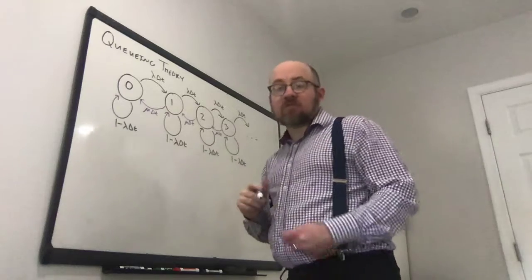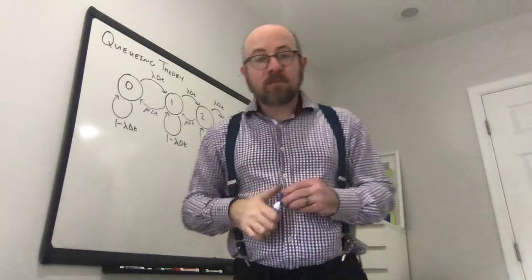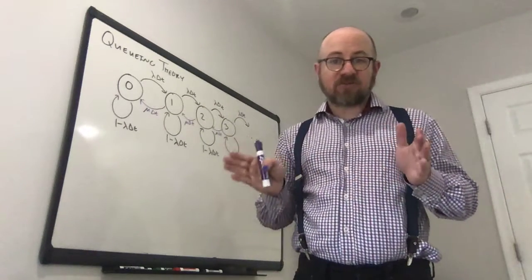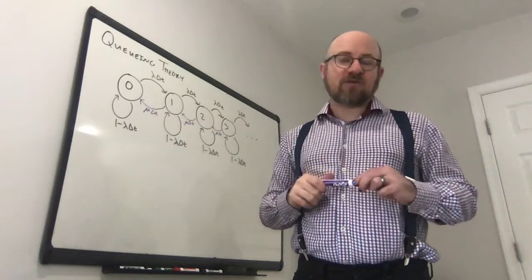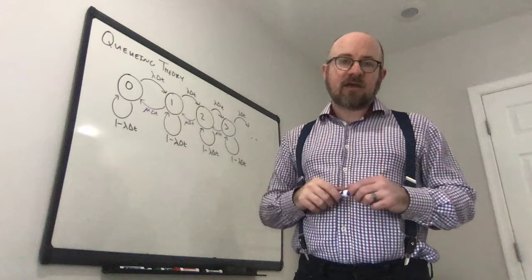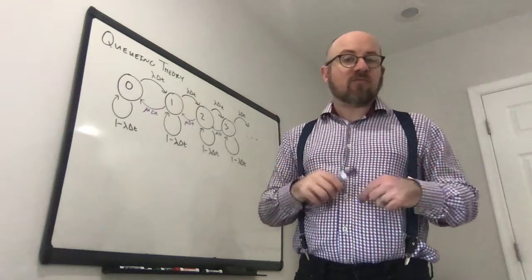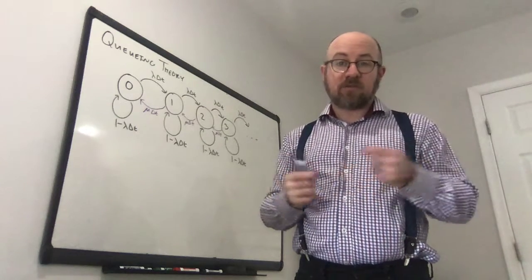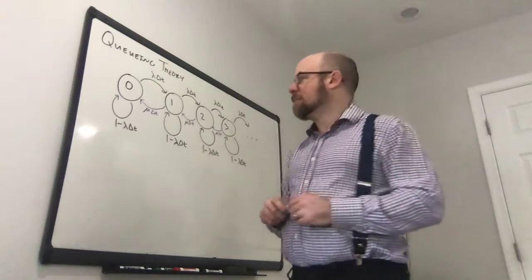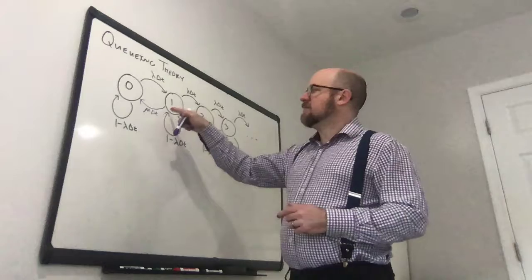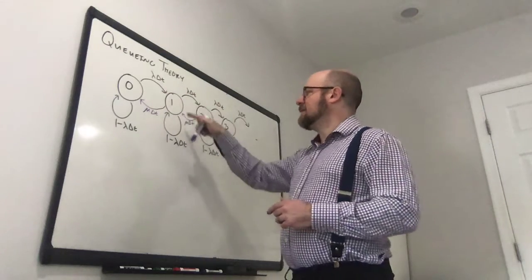Okay? Now notice we're making the assumption that only one person leaves the line at a time, that each person is being served one at a time, which if you think about it, like if you're in a supermarket checkout or something like that, this is really the line. If you have more complicated lines where multiple people are being served at a time, you get a more complicated model. Okay? But mu delta t is the probability that somebody leaves the line,